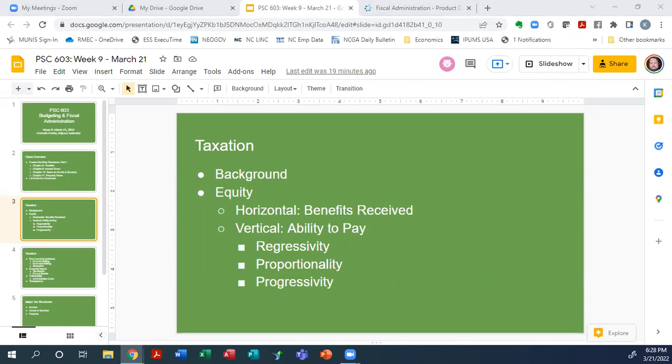But the key development that occurred in taxes by the early 1900s was the development of the income tax, the idea that we would tax income. It was made constitutional by amendment in the 1910s, and it became the primary means by which the federal government collects revenue. If you look at the way that the federal government collects revenue, it's their primary means of generating that. It's a sizable share collected through income tax.